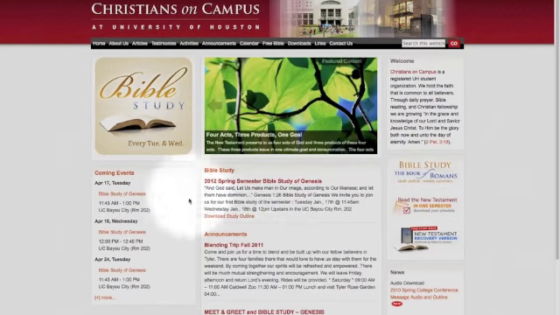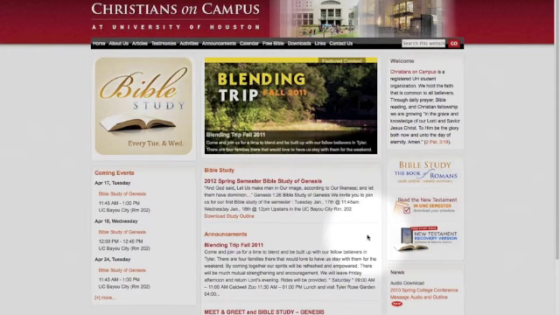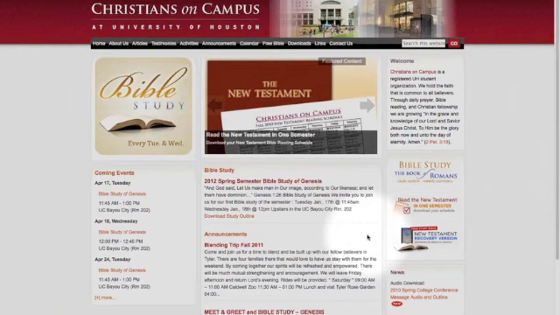And then when I come down here, I'm a little unsure of what I should do because there's a lot of information here. But the good thing about this website is that there is a lot of information. And it looks like there's quite a bit going on with this club. So I can make an informed decision based on what's here. And so that's actually a very good thing.